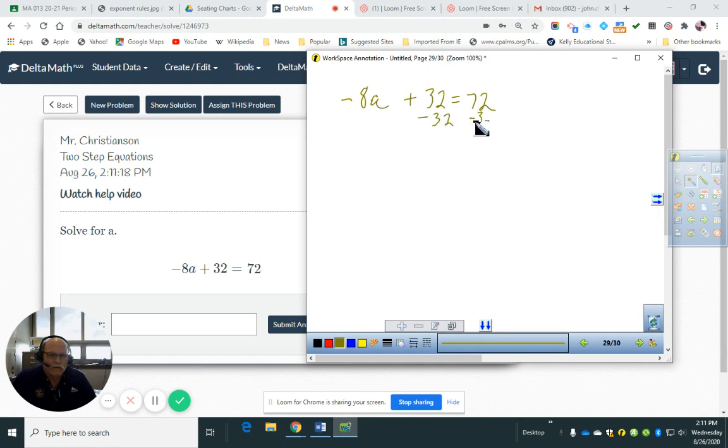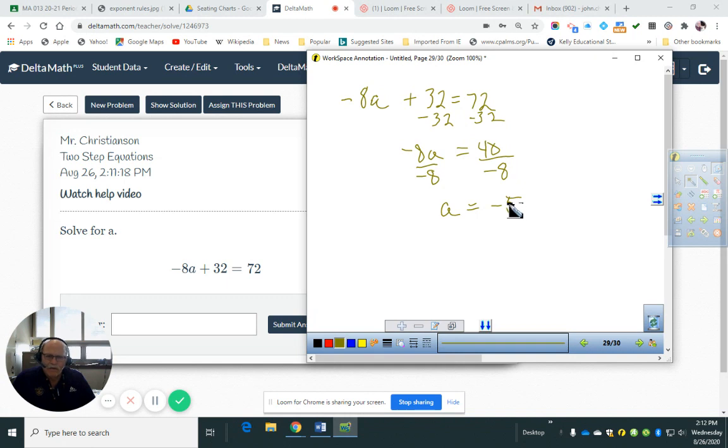We want variables all on one side and constants on the other side. So here we're going to have 40. So negative 8a equals 40. So divide by negative 8. And we're dividing because we're multiplying by negative 8, so we do the opposite, right? Negative 8. So a equals negative 5,